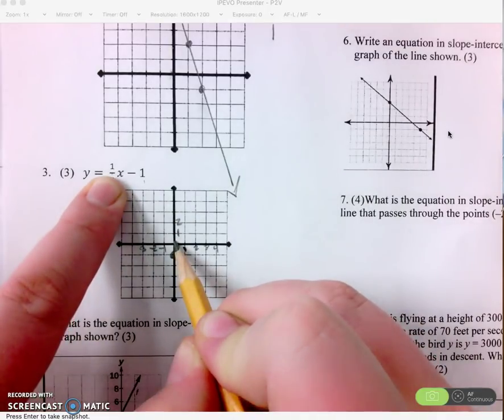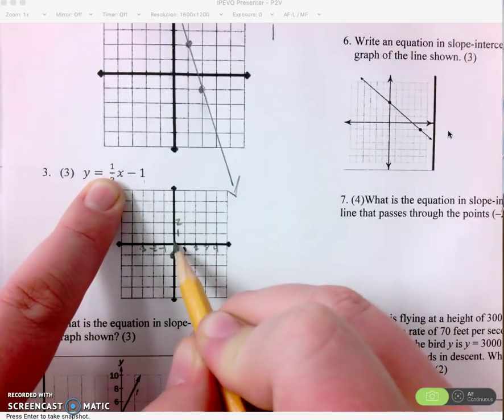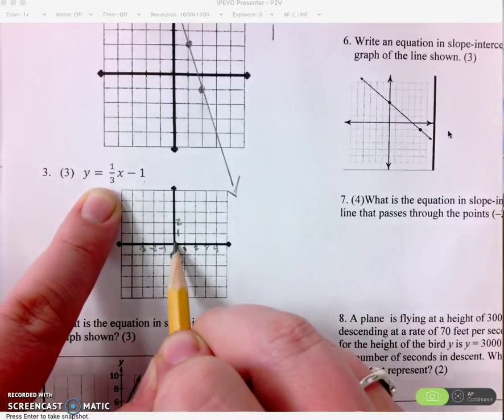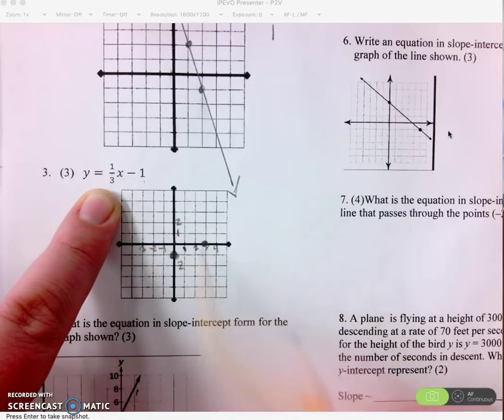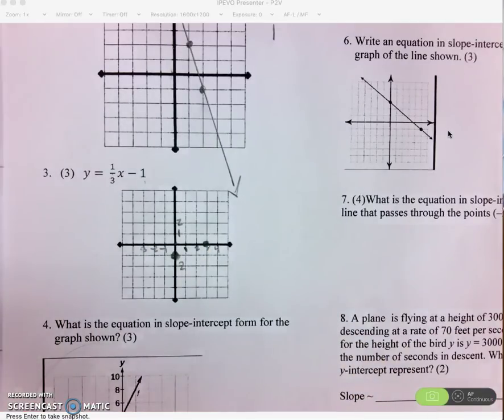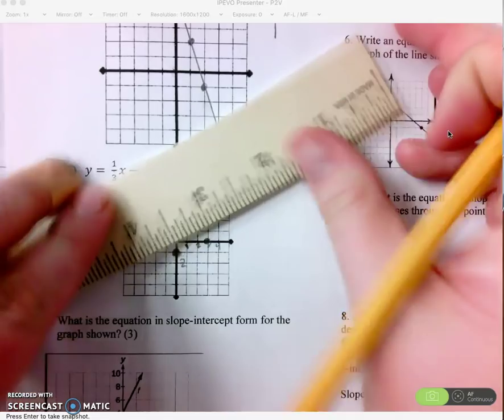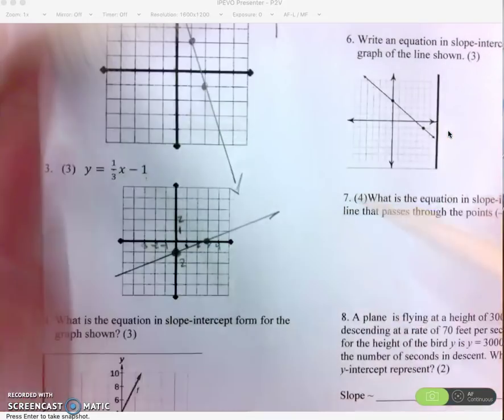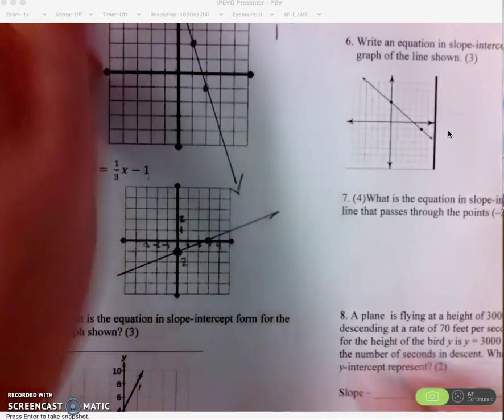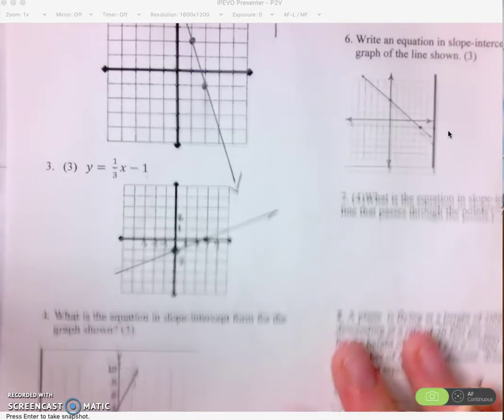Remember, my top number is how much I go up or down. If it's positive, I go up, and then I go to the right 3. 1, 2, 3. And then you can put a dot. I only need 2 points to make a line, so I would connect those 2 dots with a line. Okay, next one, write an equation in slope-intercept form